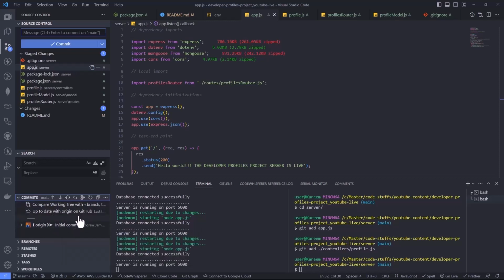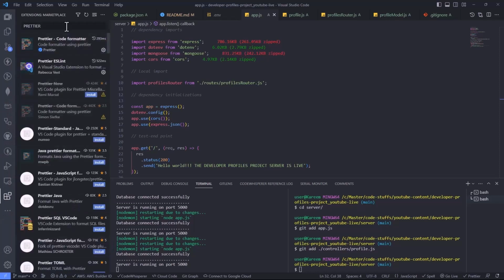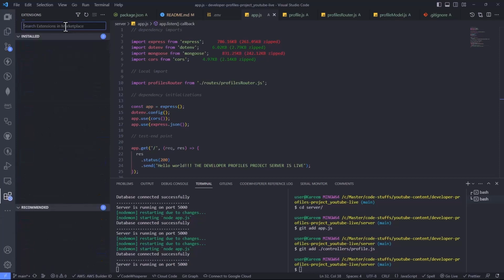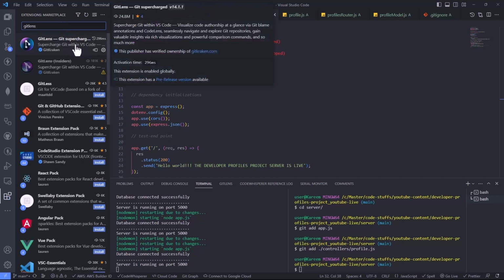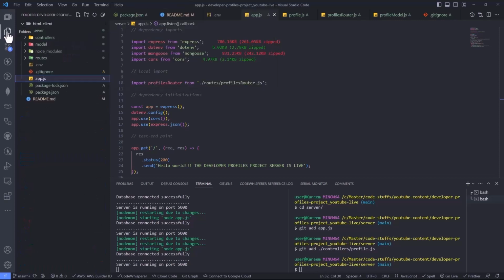It's powered by GitLens. GitLens is an extension. So you search GitLens. Yeah, this is it, GitLens supercharged. This is the extension you search, and when you install it, you're going to discover you now have access to